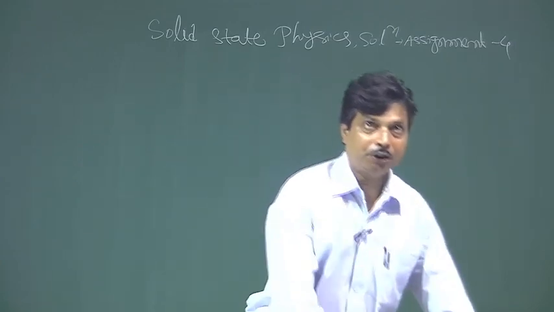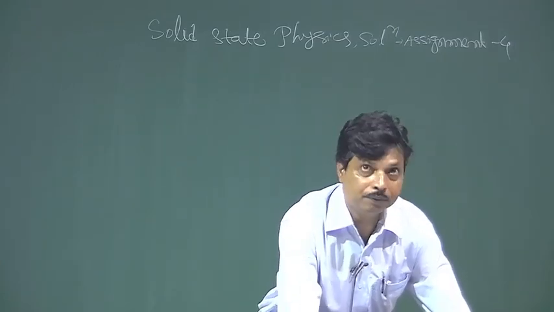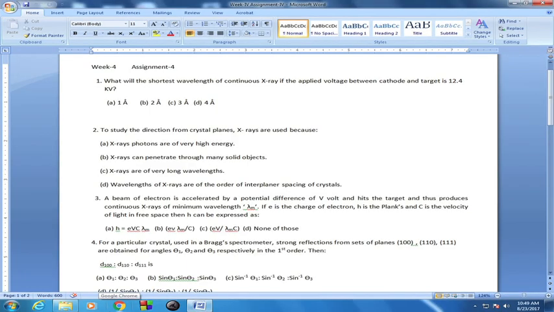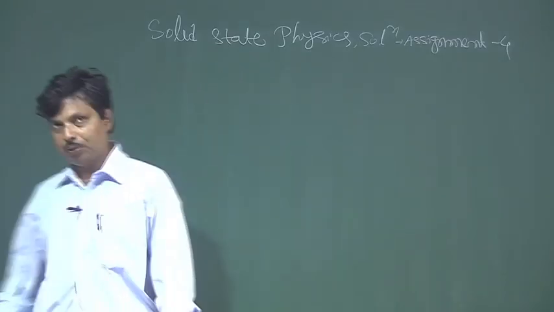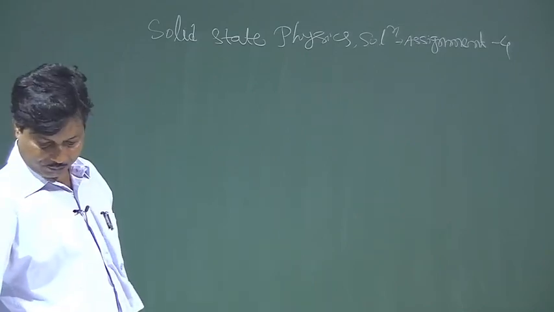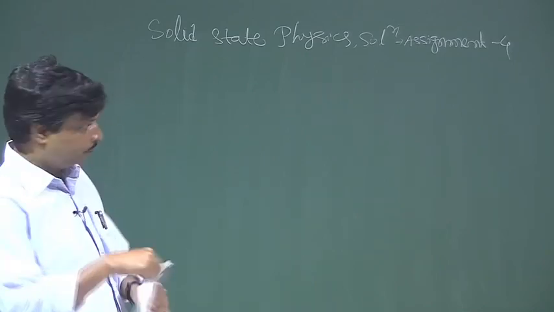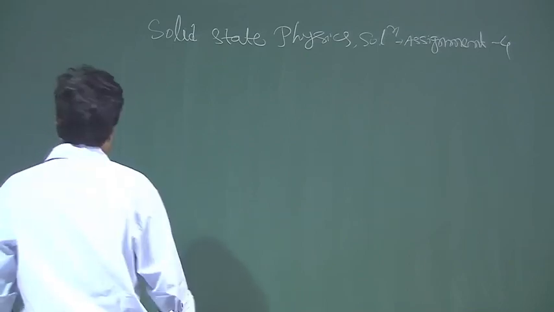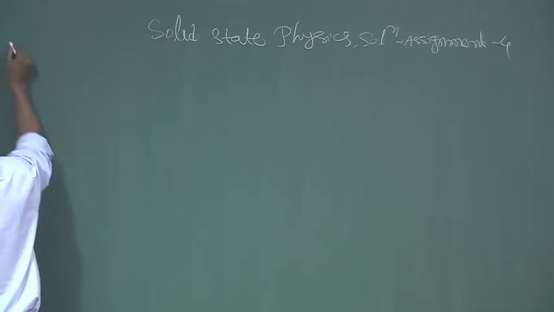So, let us see the first question. What is the question here? We have to see the question first. The first question is: what will be the shortest wavelength of continuous X-ray if the applied voltage between cathode and target is 12.4 kV. You know that there are two kinds of X-rays, one is called continuous and another is the characteristic X-ray. And for the continuous X-ray,